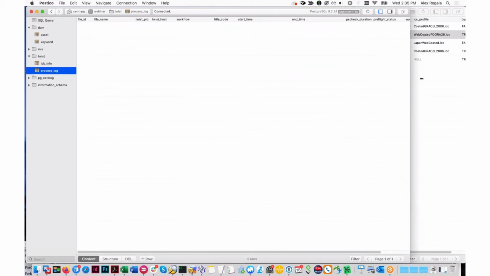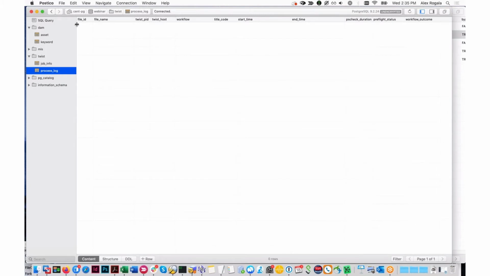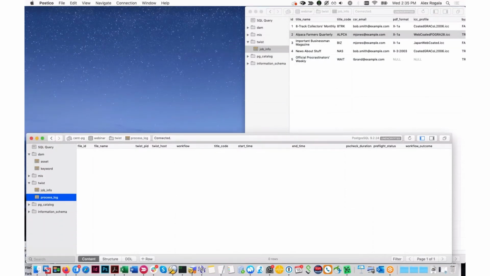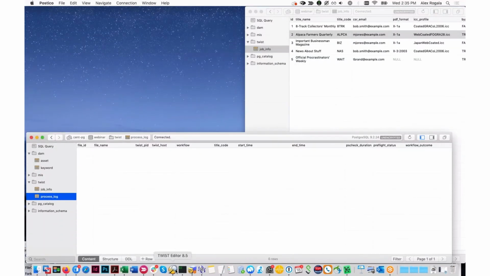So we've got a table, and we've got several fields in here we're interested in capturing: the file name when it comes in, the Twist process ID and the host, the workflow that it ran through, the title code if it exists, the start time and end time of the workflow. And then there's a few other things that we'll come to in part 2 of this. So I'll show you the simple